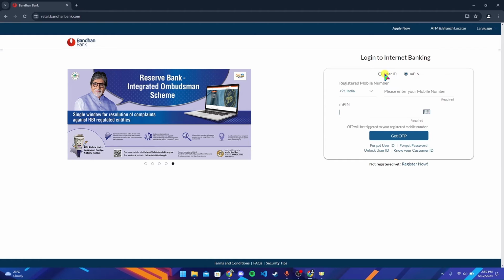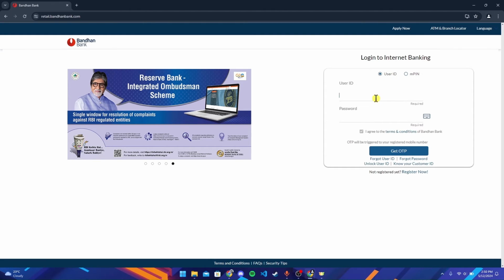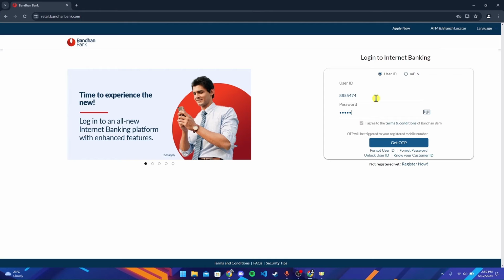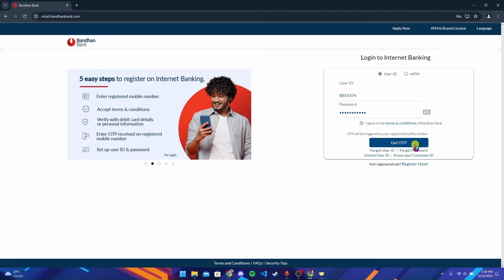For those of you who want to log in with their user ID, type in a user ID here and password here and then click on this get OTP button, and the OTP will be sent to your registered mobile